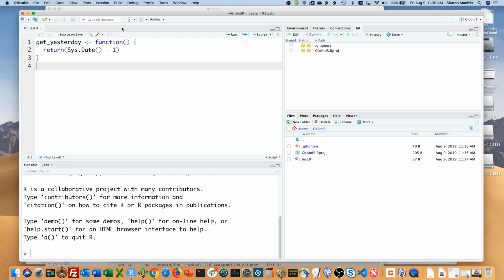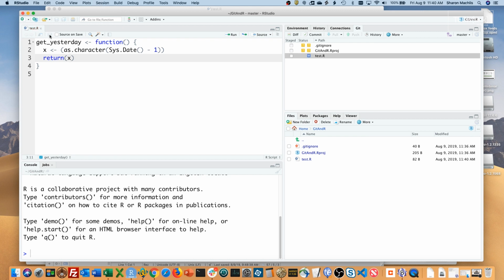Next, I'm going to make a change to the file that I won't like, one that I'm going to want to undo. So let me do that. Maybe I'll make this a character string. Oops. Make a couple more changes so it'll be easy to see. This could be anything. I'm just testing Git. Okay, I'm going to save this, and I'm going to commit this again.